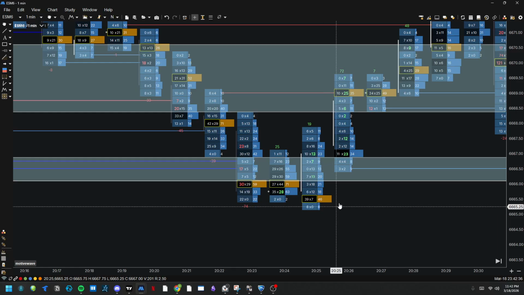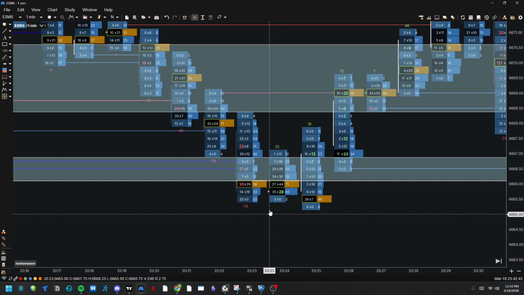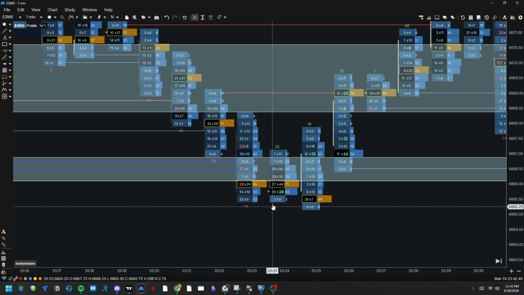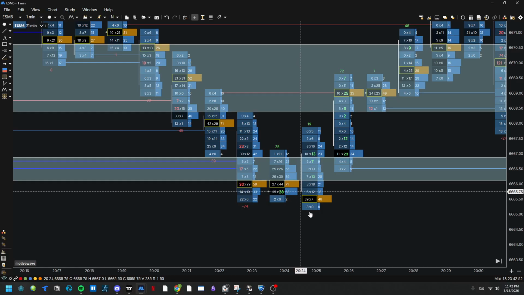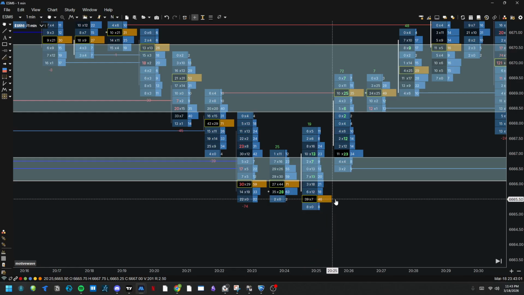All right, no, you didn't get filled in here. I can tell you here I would have been stopped out. I know when I get stopped out or not, because my stop loss would have been a tick right below this. It would have been right here, and as you can see, we did take that out. Would I have refilled back in? Yes, because I saw that as soon as it stopped me out, we had a 39.7, 80, trapped sellers. So as soon as I saw some form of aggression get in, then